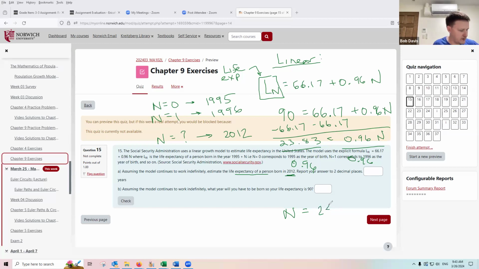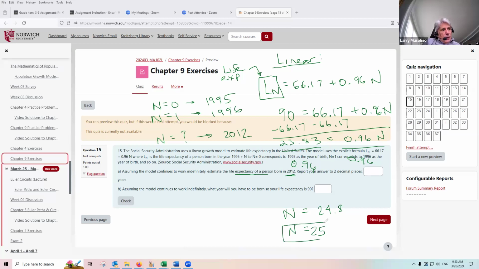So 23.83 divided by 0.96 gives me 24.82. So 25. I think we should round to 25. Exactly. Yep. And so now